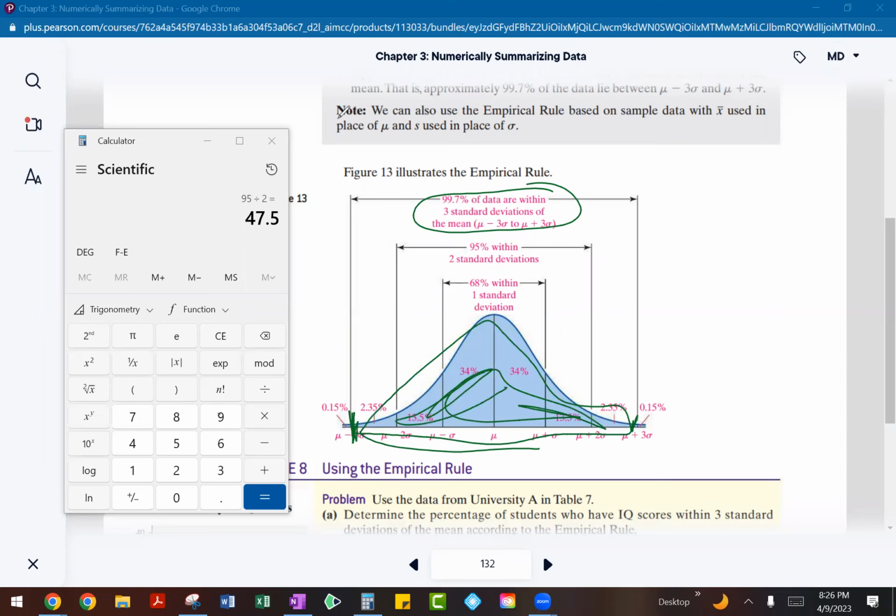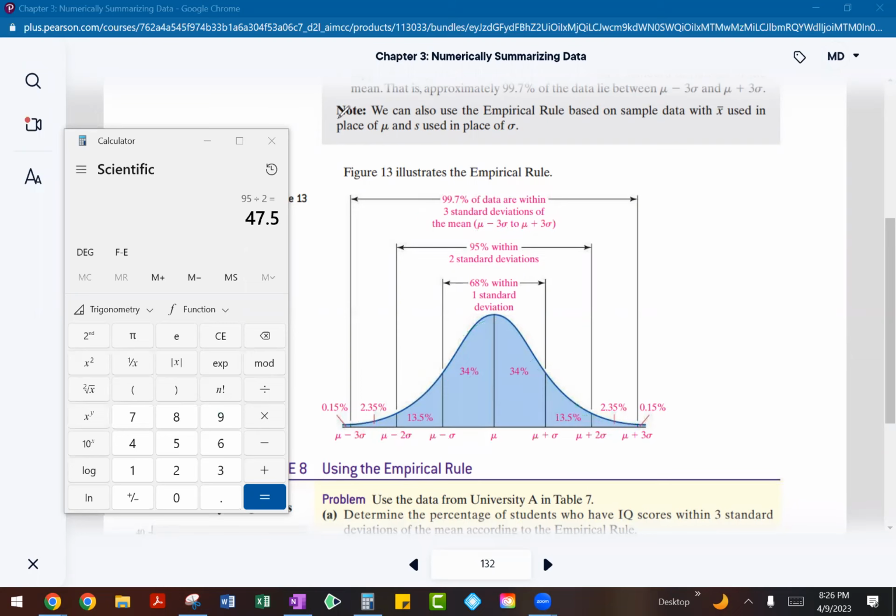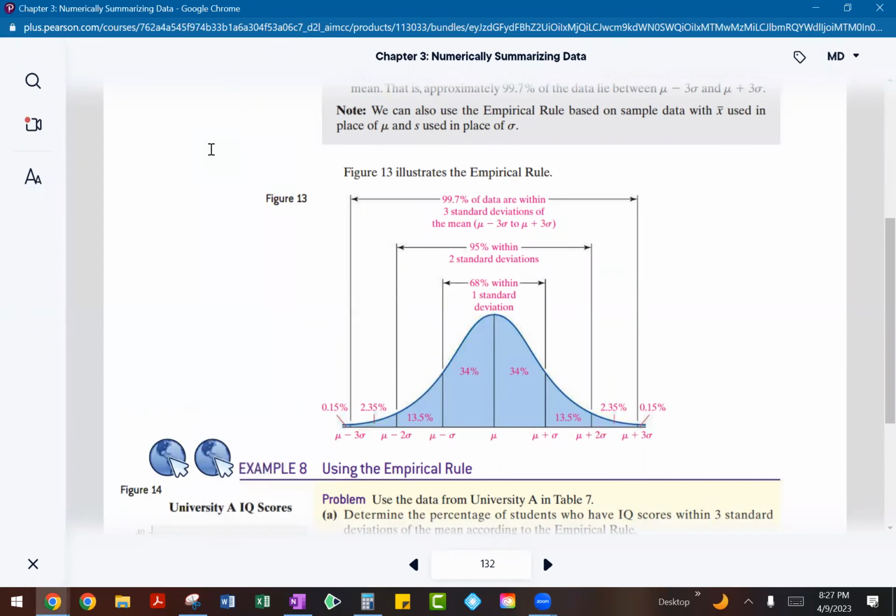So all of this area here is going to be 99.7. So again, if you take 99.7 and divide it in half, that's going to give you 49.85. So everything from here to here is going to be 49.85%. Everything from here to here is going to be 49.85%. So as you can imagine, you are only going to 99.7% when you are going to 3 standard deviations, which means you have